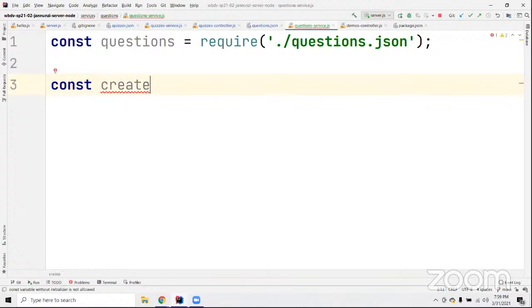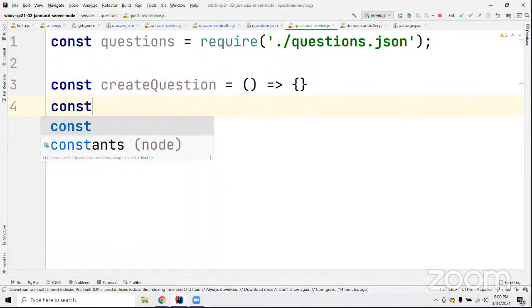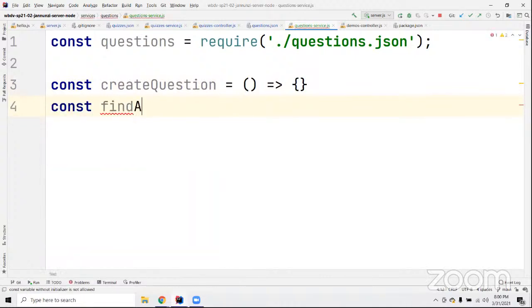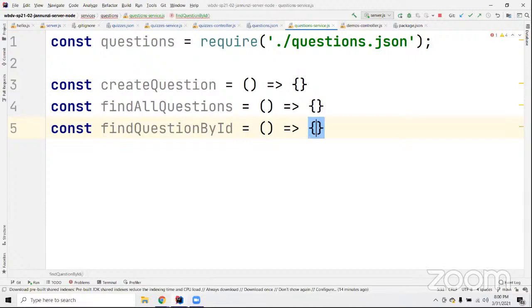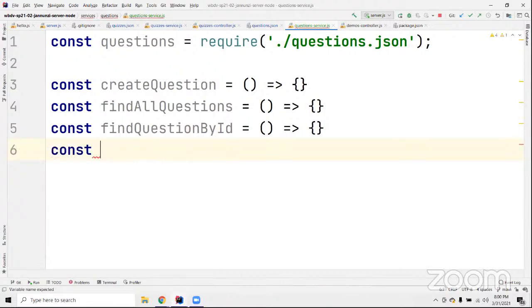You would provide all the functions that would allow you to create new instances. Create a question. You would want to be able to retrieve all the questions. You would want to retrieve a particular question if you know their ID. So all these are pretty standard functions that you would use to interact with any data model, the CRUD